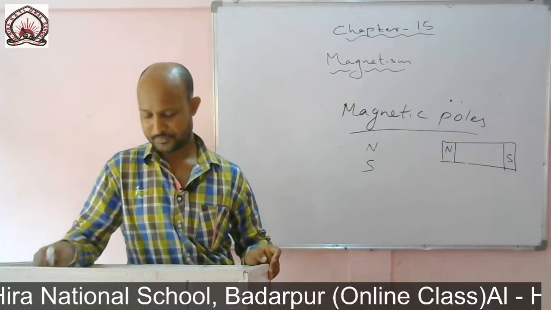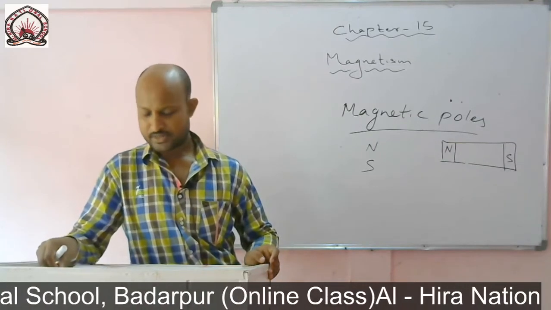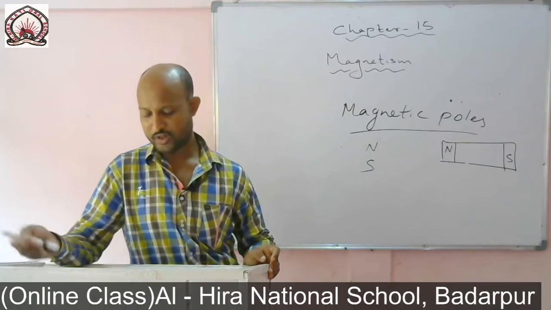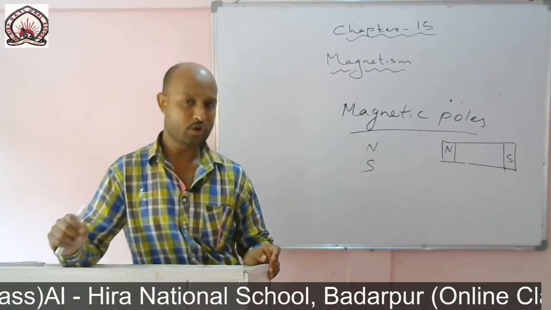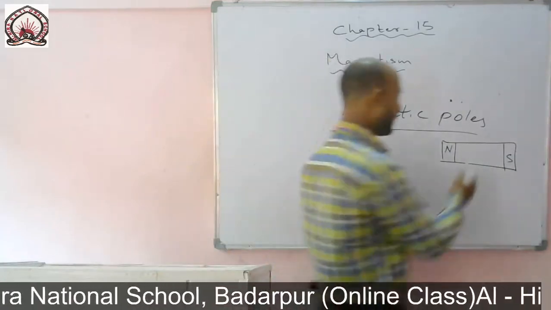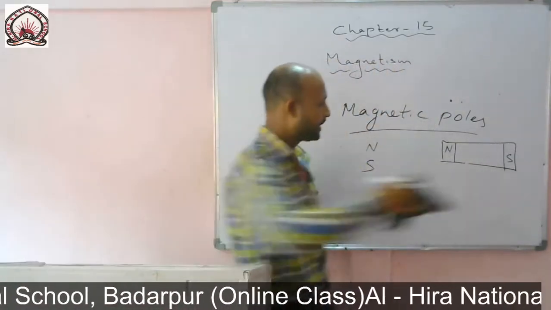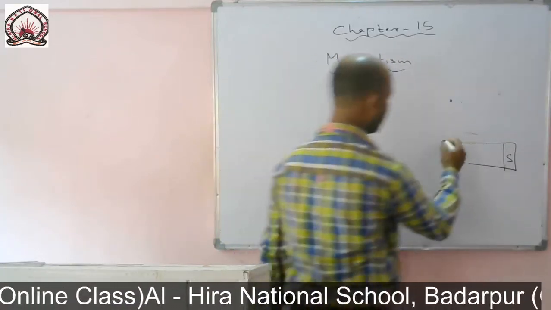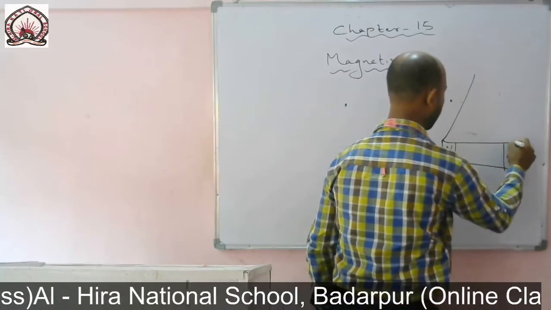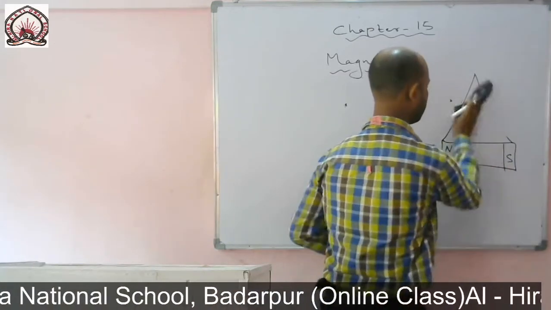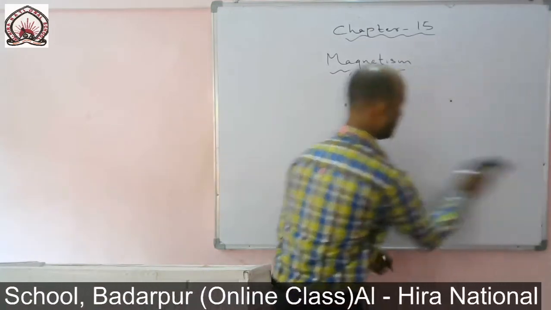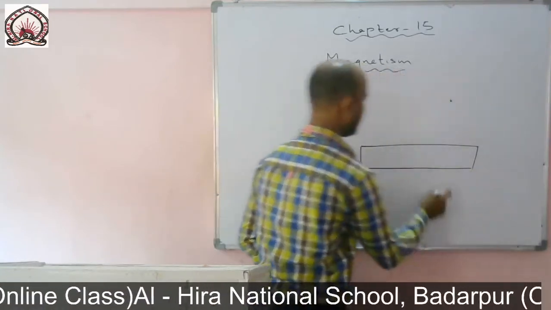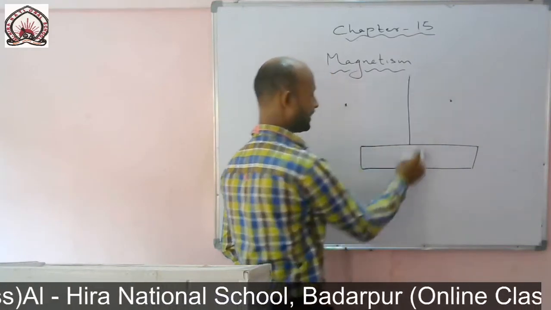If you try to suspend a bar magnet, one of its poles always points towards the geographical north, and this pole is called the north-seeking pole. So try to suspend a bar magnet. This is a bar magnet, you can see on the board. When you try to suspend it by tying a thread at the center of the bar magnet,